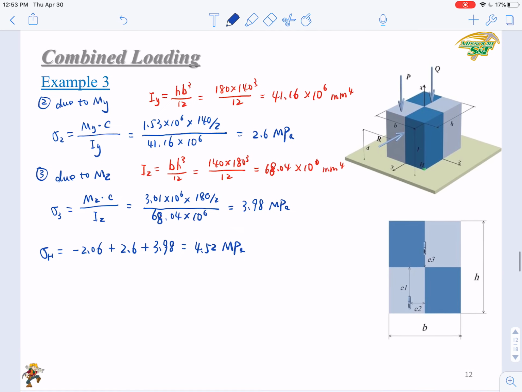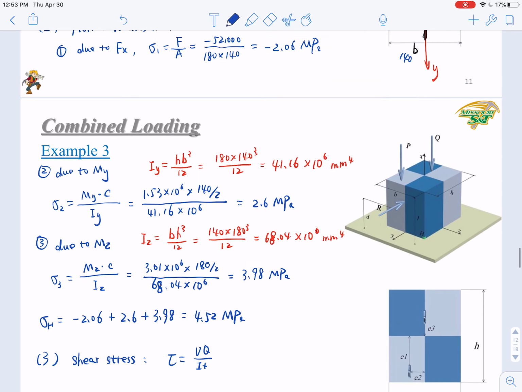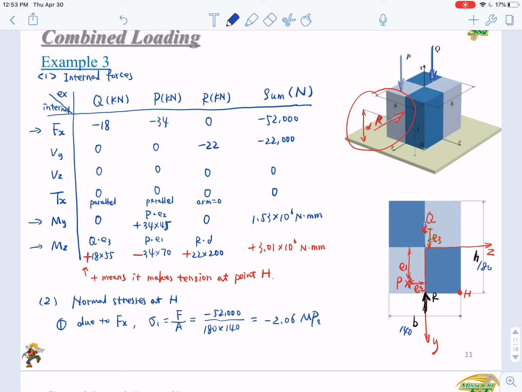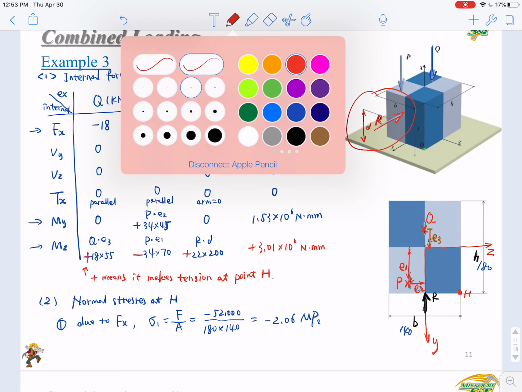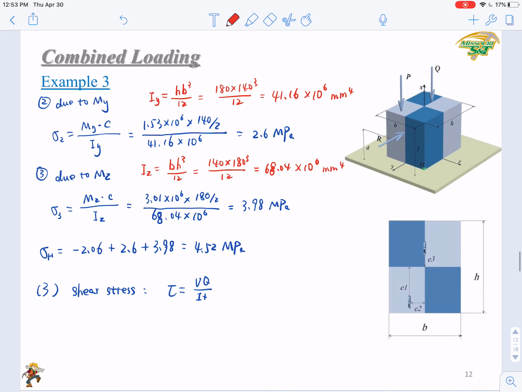Then the next step will be shear stress. Okay, so for shear stress, we just use tau equals VQ over It. Just look at which shear force we have. How many shear force components do we have? We have only one, and that is Vy. You have only a Vy, that is the only shear force, okay? The Vy